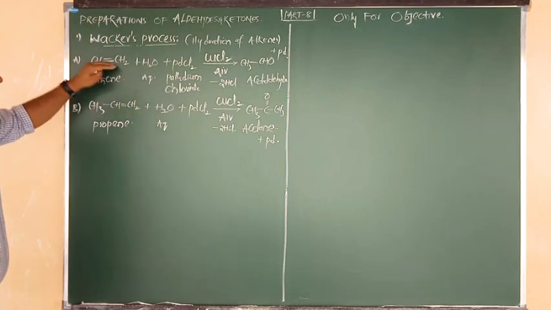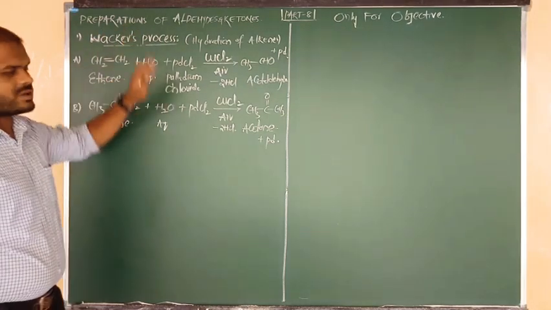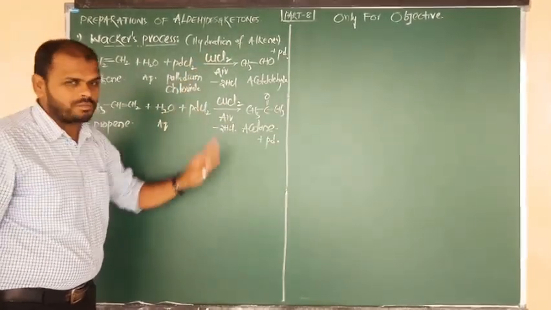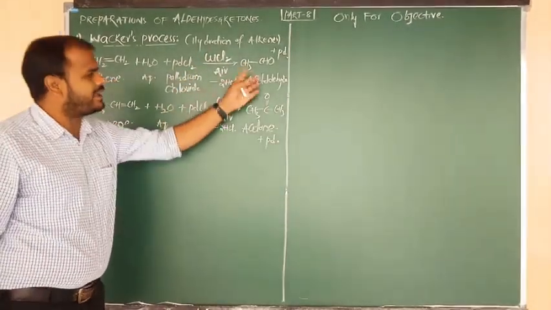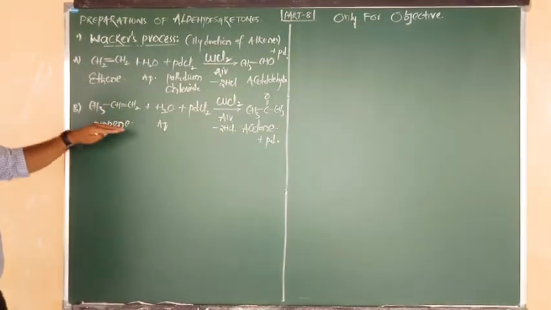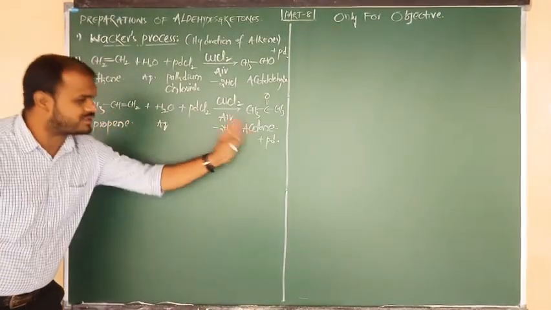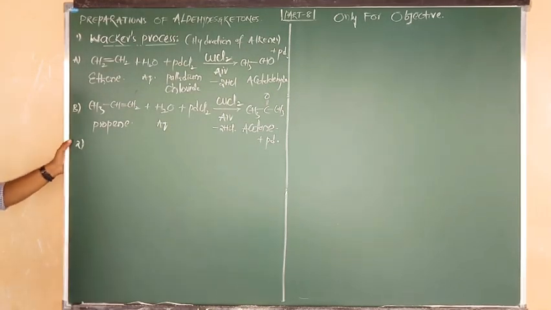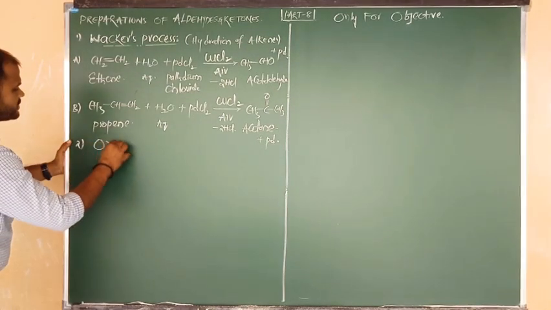So hydration of alkenes in Wacker's process uses Wacker's reagent, palladium chloride and cupric chloride. The symmetrical alkene ethene changes into acetaldehyde, and the unsymmetrical alkene propene changes into acetone. Okay, now next method I am going to discuss here is nothing but the